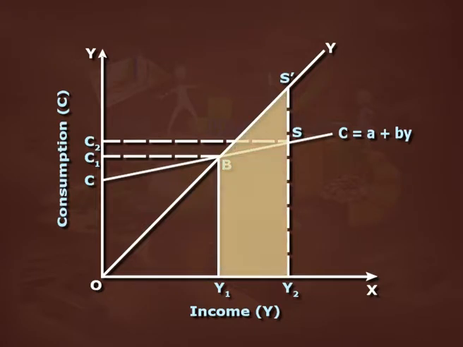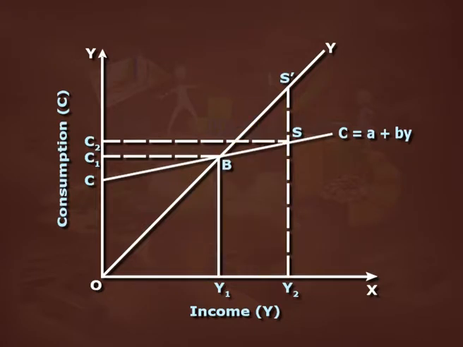With increase in the income from Y1 to Y2, the consumption increases, but less proportionately, as evident from the figure, that is Y1Y2 is less than C1C2. Also, as income increases, we can see there is provision for savings too. With increase in income, a part of income is saved, that is SS'.